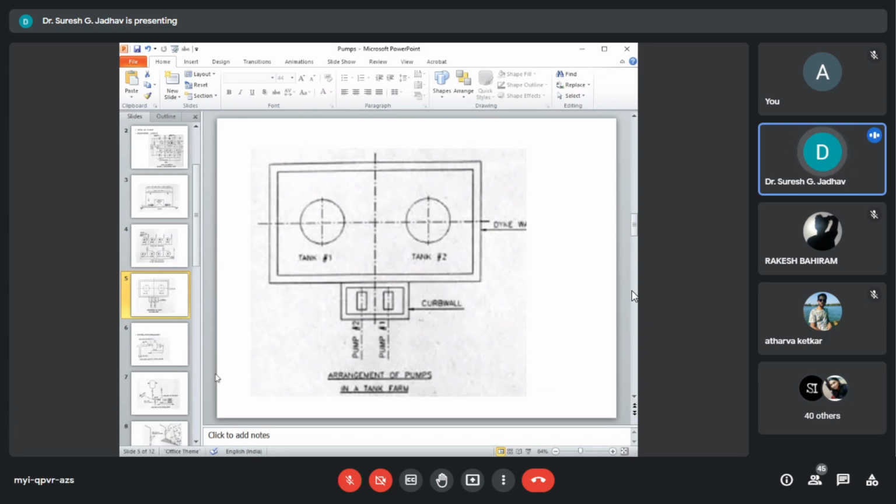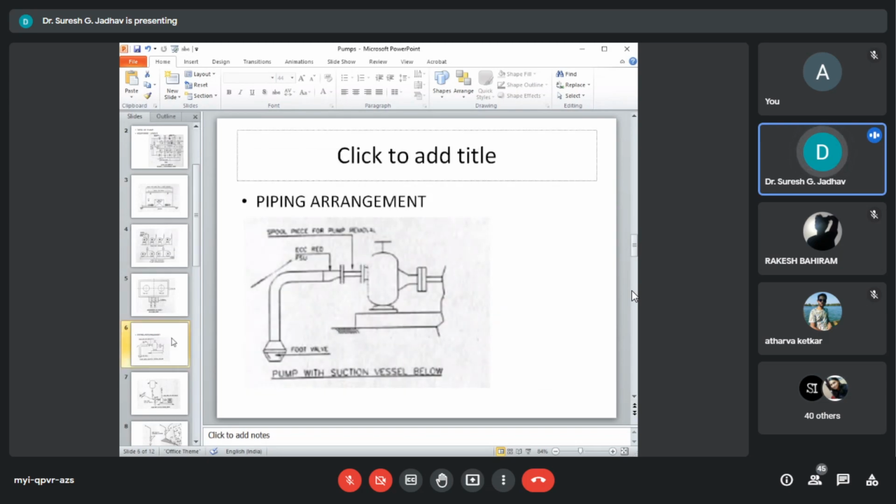Now, the next parameter is piping arrangements. In piping arrangement, the primary goal is to satisfy the performance and flexibility requirements. Suction piping should be designed without loops or pockets. The eccentric reducer is placed close to the suction nozzle, either FSU or FSD, meaning face side upper.